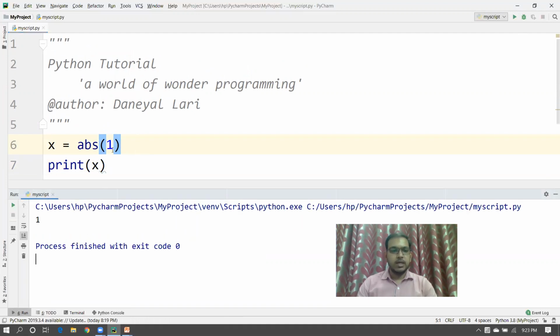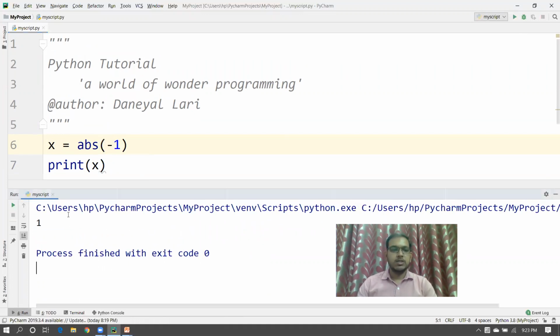Now if I give the value as -1, the answer is 1. So it will give you the absolute value of any number that you pass into ABS. In any situation where you want to get an absolute value, you can use the